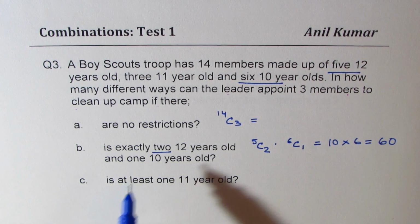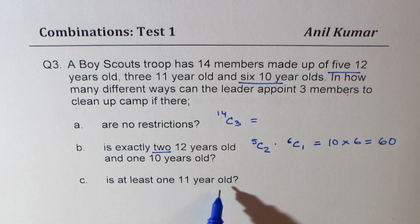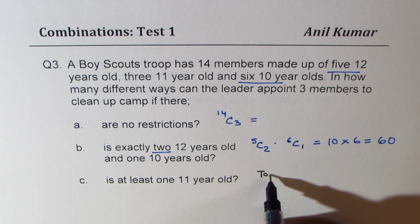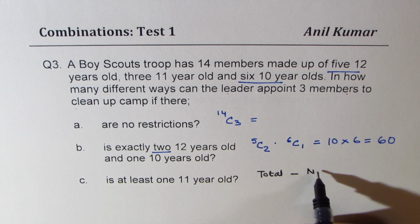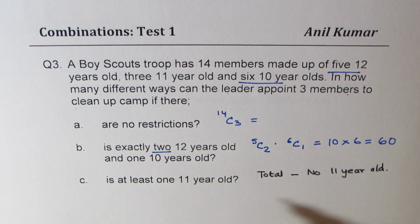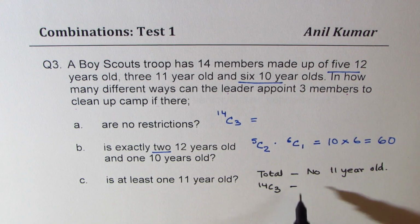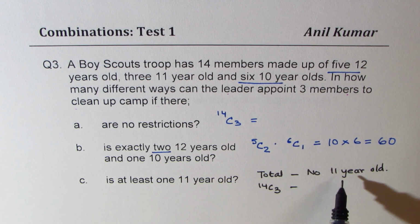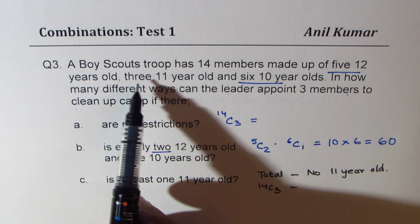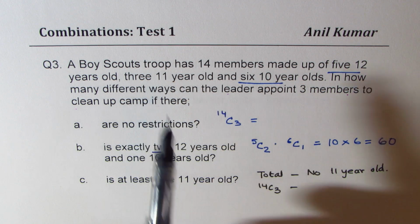Part C is, if we are selecting 3 such that there is at least one 11-year-old, right? So when we say at least one 11-year-old, we could think like this. We say total, take away no 11-year-old. Right? So in our case, total is 14C3. And from this, we want to select all 3, not from 11. So in 11, there are 3 11-year-olds, right? So what we want to do here is that we want to take